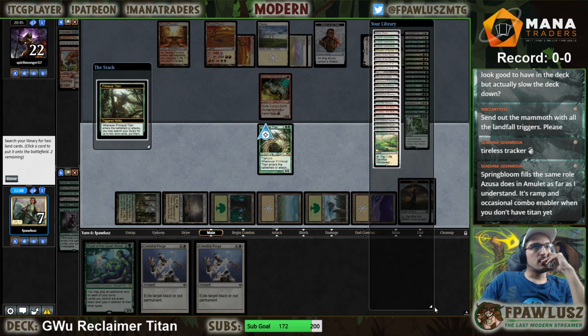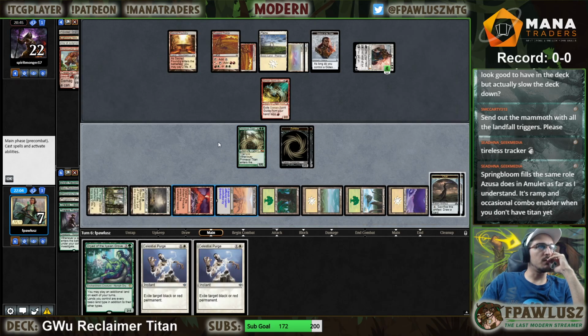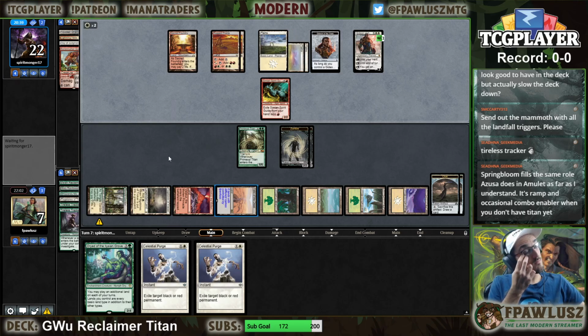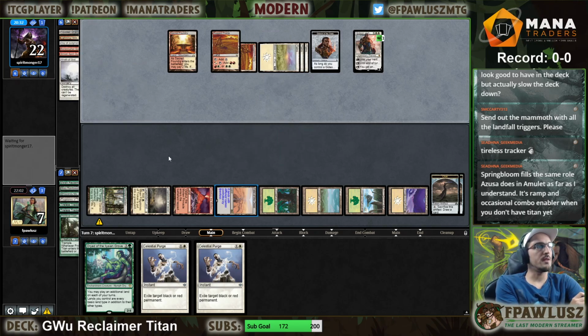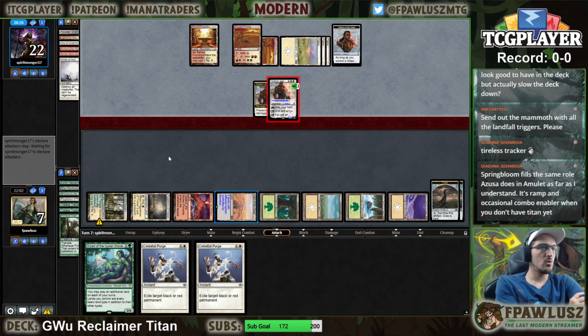So we're just gonna Valakut plus Field here, forcing my opponent to Wrath. And the Valakut means that the Dryad is a threat. Yeah, that's a Wrath. If they have Bolt, I guess they wouldn't have Bolt, they would have a Lightning Helix. So if they have Helix here, we're gonna be dead, but